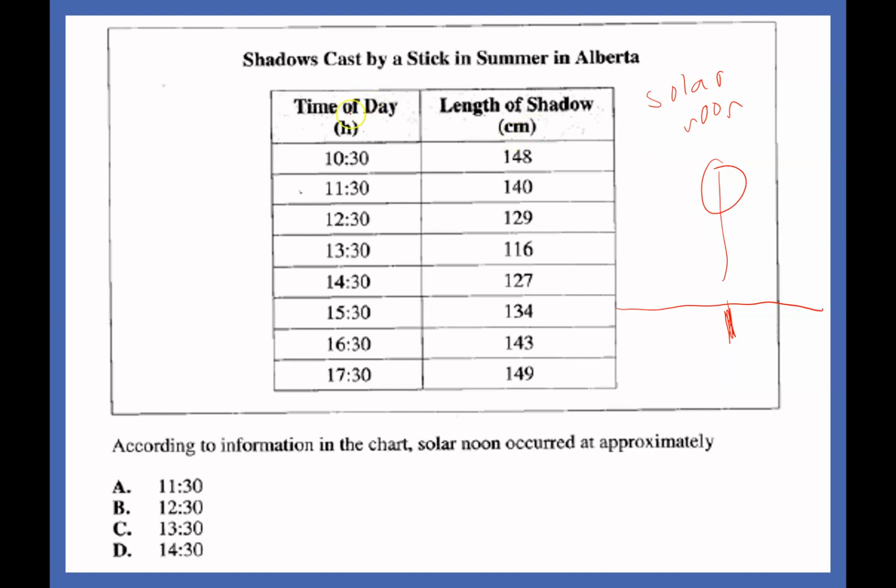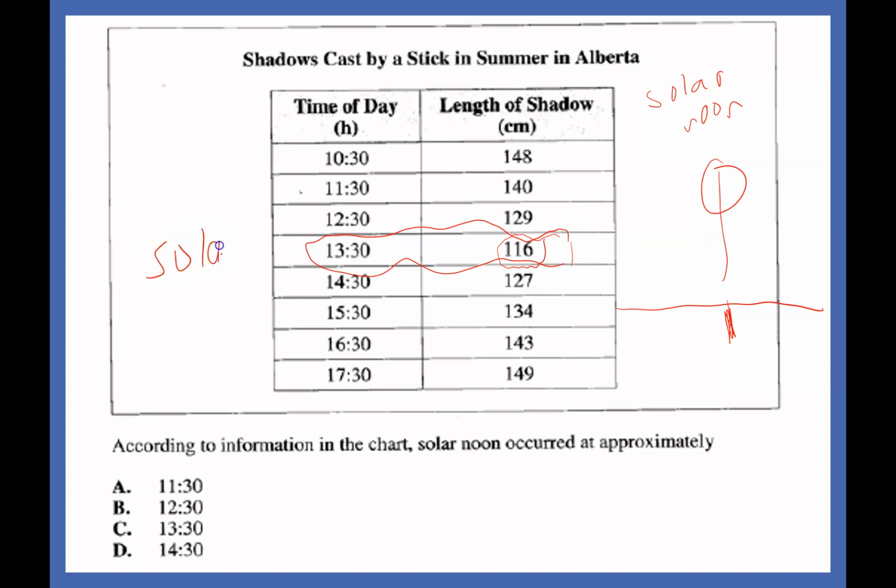Okay, so in our left-hand column we have the time of day by the hour. It's 10:30, 11:30, and so on. And then on our right column we have the length of shadow in centimeters. So if we look at our lengths, 148, 140, 129, 116, 127, 134. Where is the shadow the shortest? When is it the shortest length? It's right here. 116 is the smallest it gets,